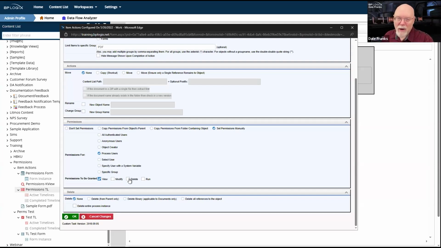Now, we have some other UI things that prevent people from seeing the content list, like properties in the user admin area. So there are still bars that have to be jumped over to get to that. But technically, you could set those permissions and give someone view, modify, and delete permission to your content list.